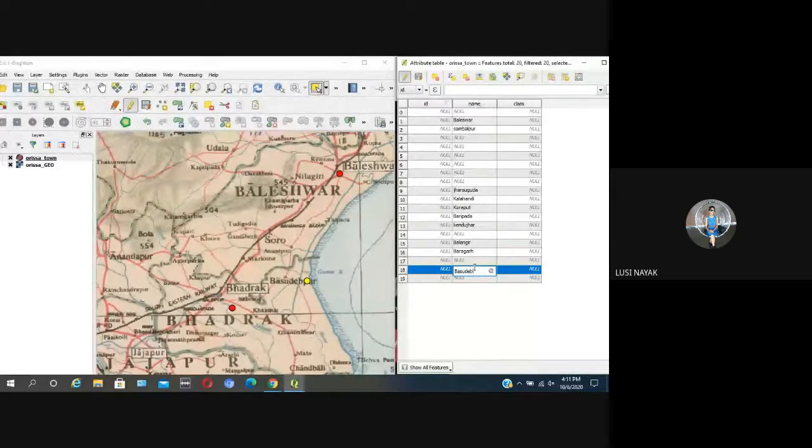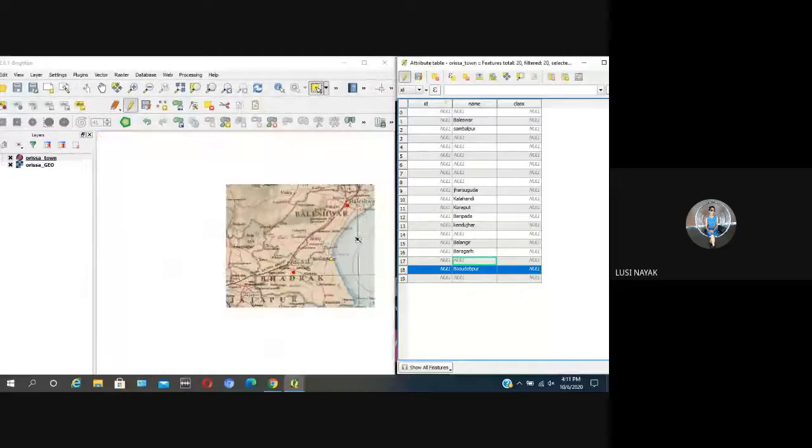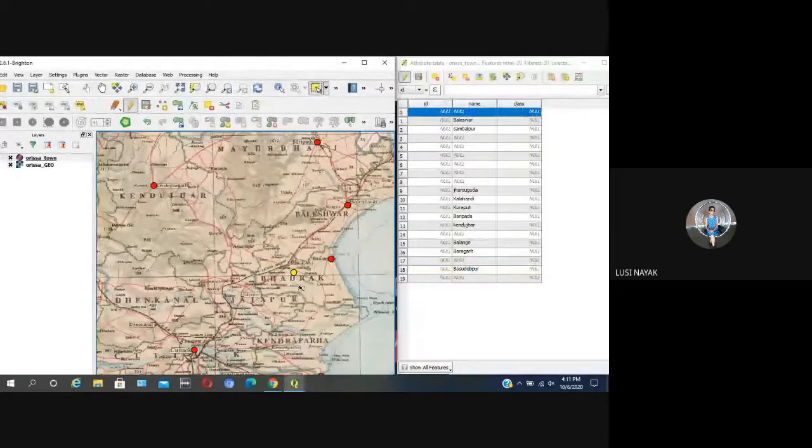Any query? Any doubt? Please put the query. Once it is done, we start thematic mapping based on this rank as well as based on this name.